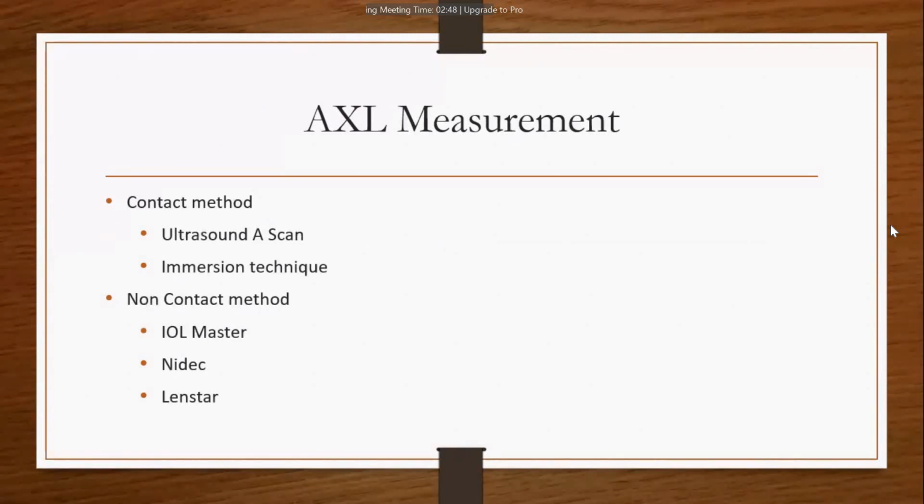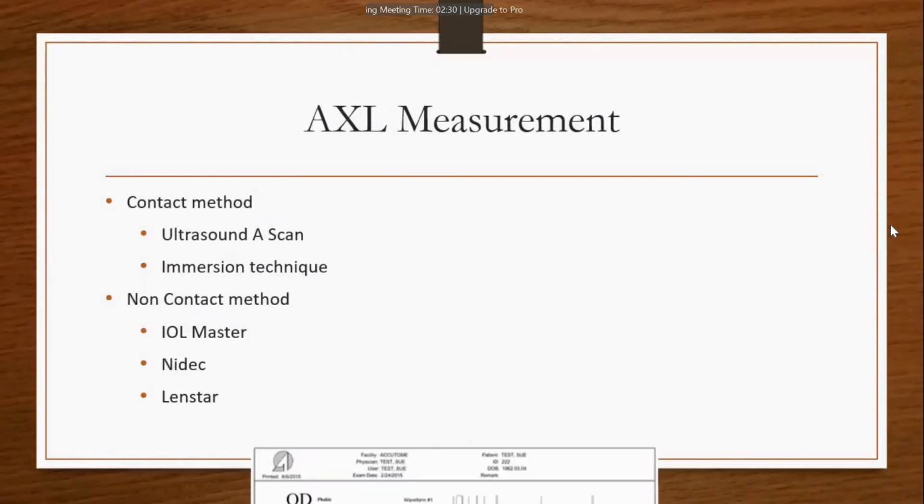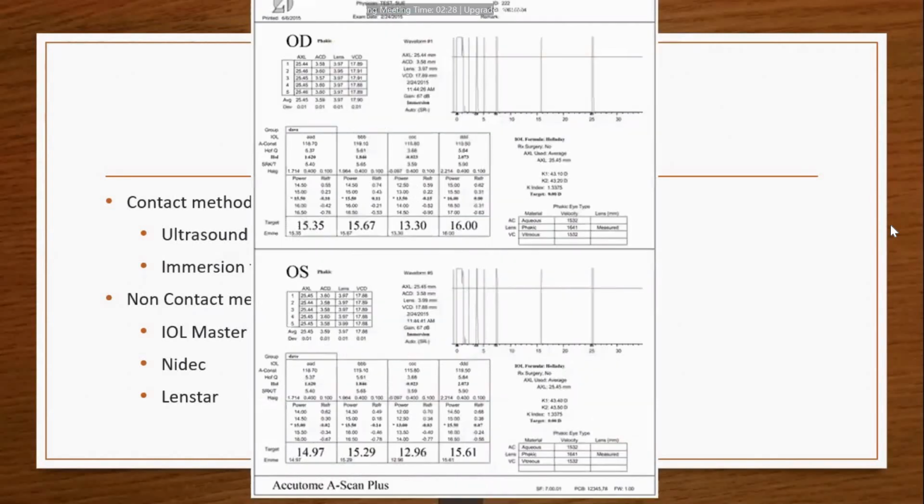But in the case of ultrasound A scan and immersion technique, ultrasound waves are used to measure the axial length. I'm giving a few reports in which you can differentiate an ultrasound report and a non-contact method report. This is an ultrasound scan report in which you can see the spikes. Both in ultrasound and immersion, the report will be like this. Here there are several spikes which